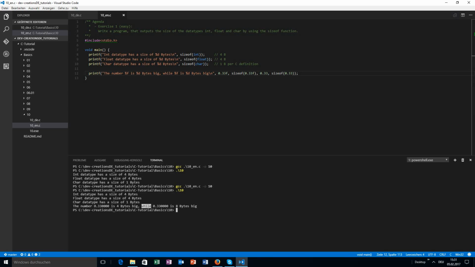But the other number, which just looks like this number, is actually 8 bytes big. This is because this is a double data type. It's a different data type. The double data type has a size of